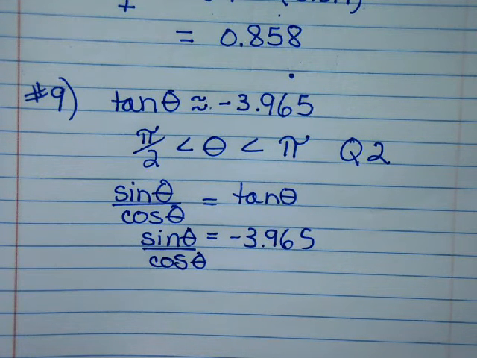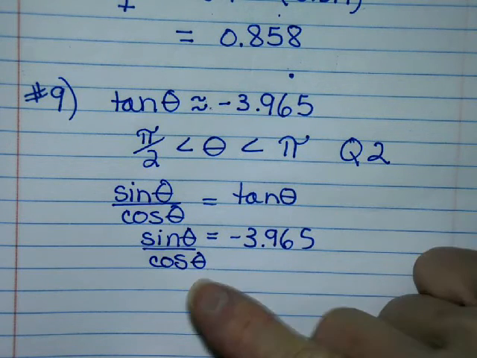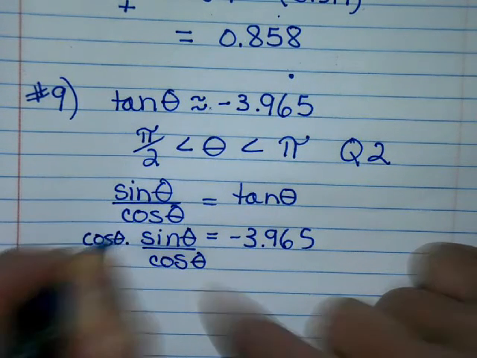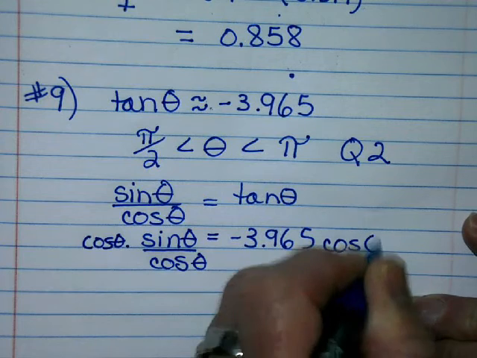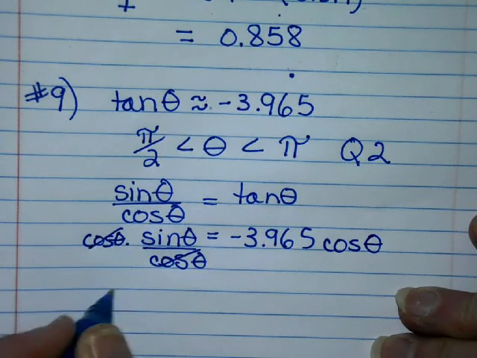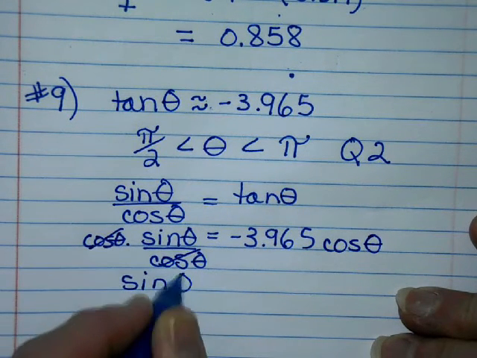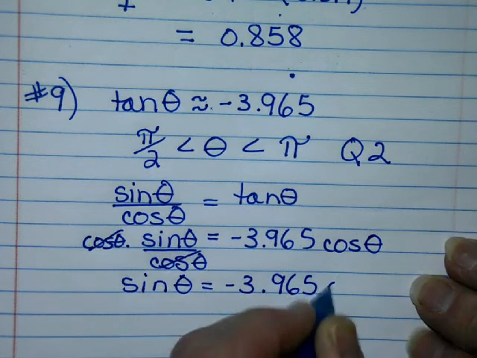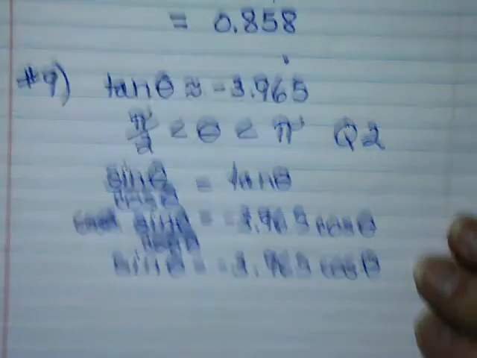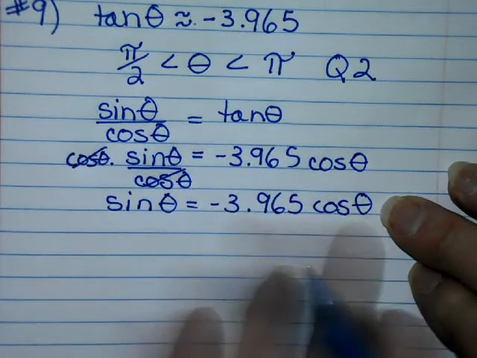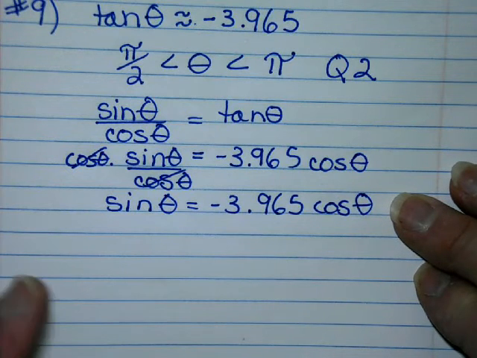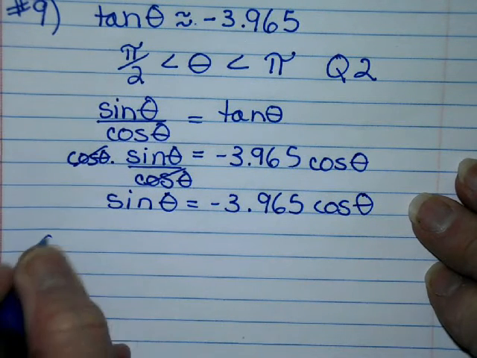So it's like having 2 variables in a story problem. You have to solve for one variable. In this case, we're going to solve for sine by taking both sides times cosine theta. So our sine value in terms of cosine is an expression like this. Okay? We just did some algebra. Now we plug it in to